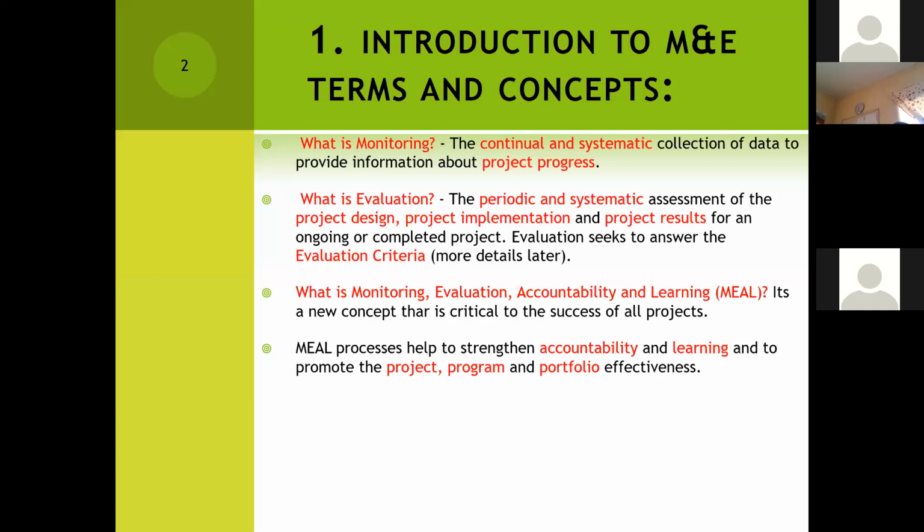Let me try this, the difference between a project and a program. A project is an activity that is undertaken one time, and it has something expected, something deliverable. And a program is a number of projects. When the projects are more than 3 or 4, we call them a program. So a program is a number of projects, and a portfolio is a number of programs. That's my understanding. Thank you.